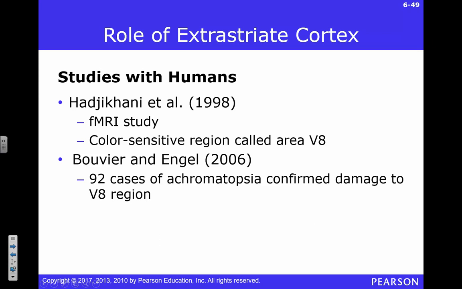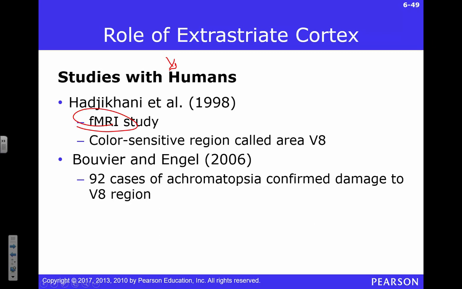All right, so let's talk about some studies with humans, right? Everybody loves humans. So, again, because we're not allowed to scoop out chunks of people's brains and see what happens, we have to wait on someone to have some sort of damage to their brain that can occur through a stroke, head injury, or neurodegenerative disorder, or we can do fMRI studies, right? You can do those as well. They're fairly expensive, but you can pull those off.